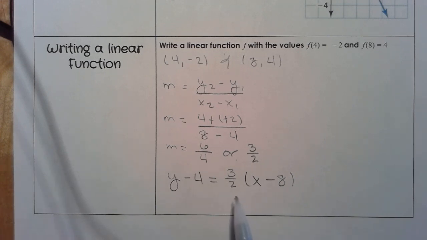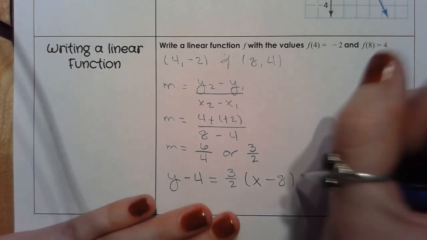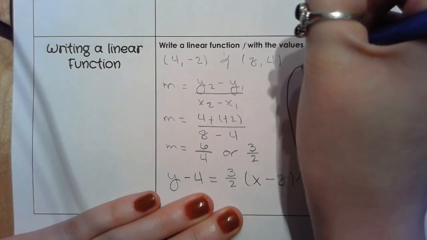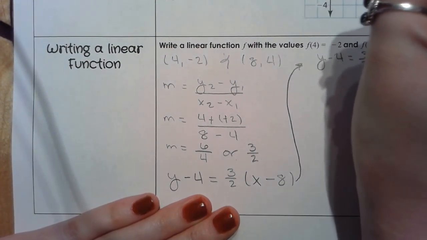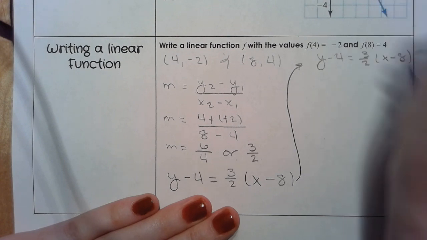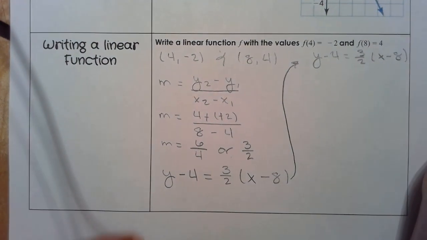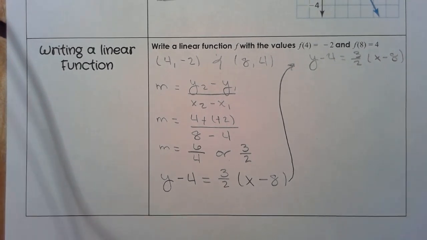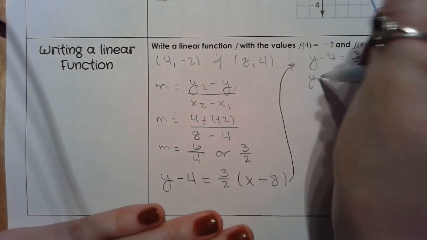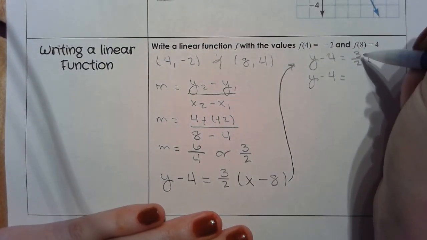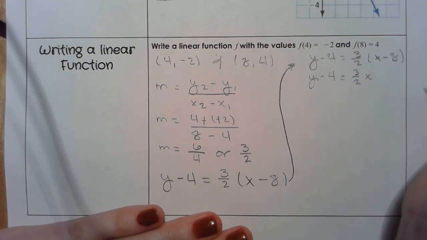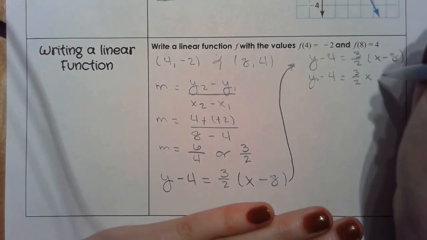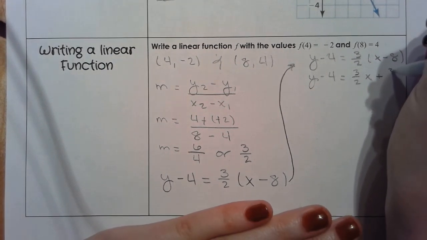And so now I'm just going to simplify this, and I'm going to write this up here. So I have y minus 4, so I need a little bit more room here. And then remember to put this in parentheses because we need to distribute that positive 3/2 into x minus 8. Okay, so now I'm not changing this. And I'm going to multiply 3/2 times x. So I have 3/2 times x. So I'll just leave it at that. And then I'm going to add 3/2